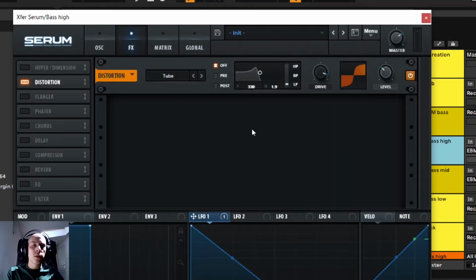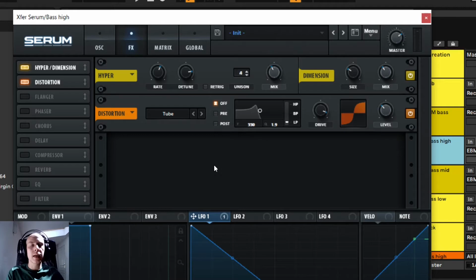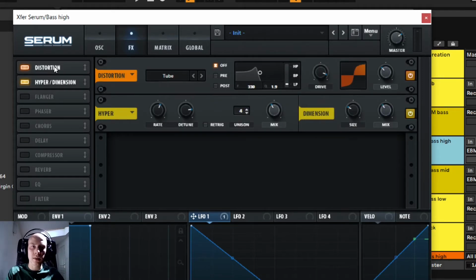Now I want to say a few words on the plugin order. We have used the distortion effect to enhance our bass sound, to make it sound richer and fatter. After that I have applied the hyper and dimension effect, but the distortion is placed after the hyper and dimension. It means that this distortion will enhance now both dry bass sound and the background created with the first plugin. I want to make my bass sound more sharp. So I have to place the distortion as the first effect.